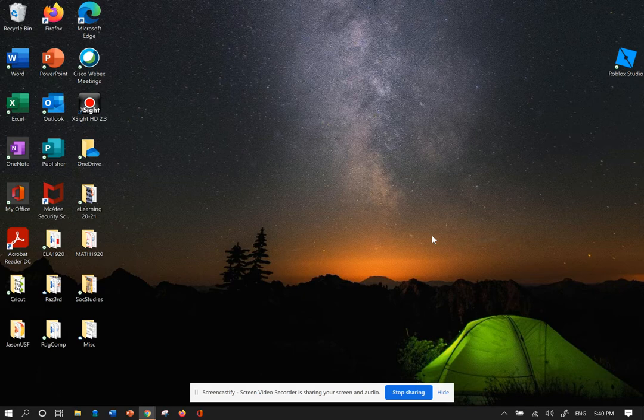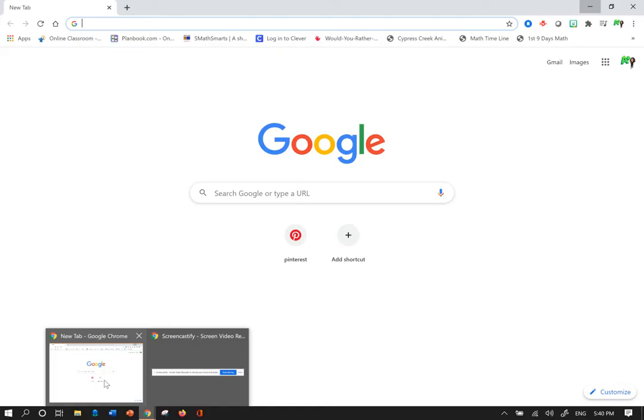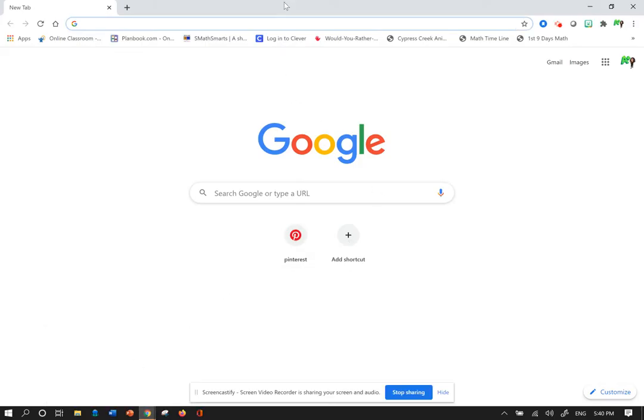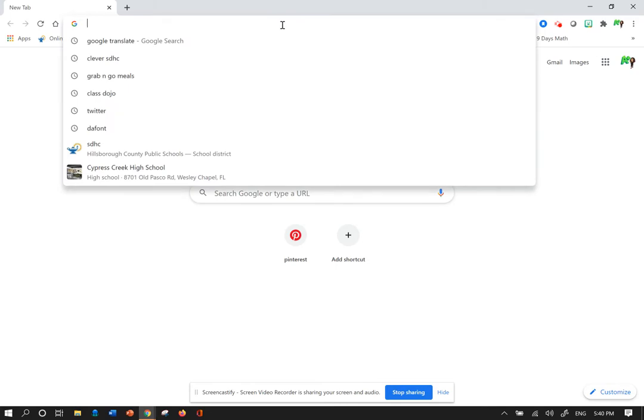Okay? So first, on the kids' computer, if you borrowed a laptop from the school, you should see a letter C for Canvas. I don't have a letter C, and if you have your own laptop and don't have a letter C, then you're going to have to go to Chrome. So I'm going to open up a Chrome window. Here we go. And I'm going to go to Clever